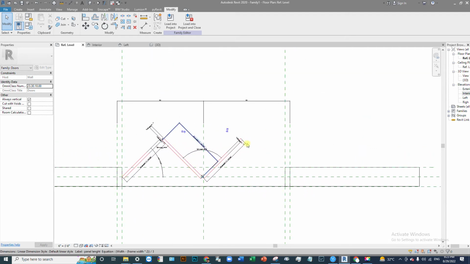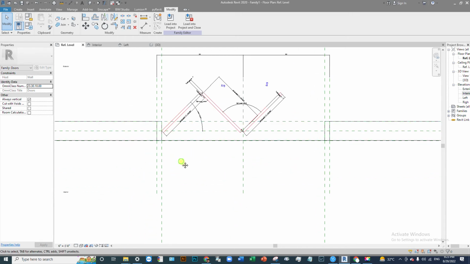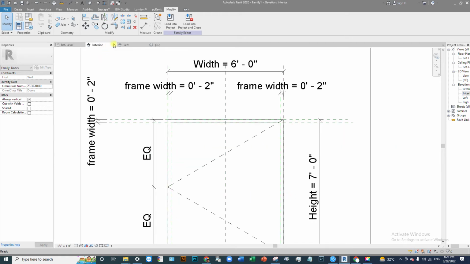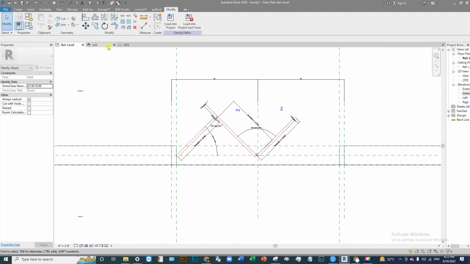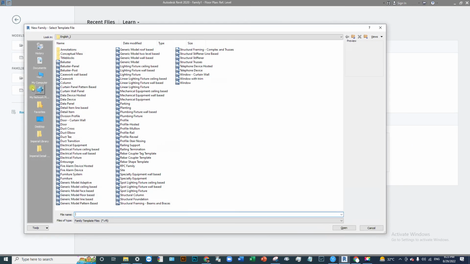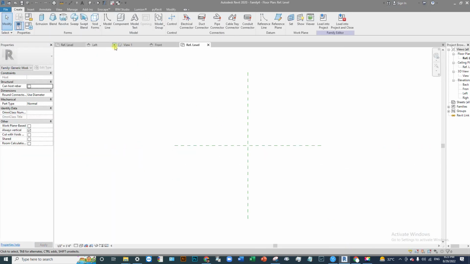We also create a panel which is not in this file. We have to create a panel in another file, so just open another file, that is this interior elevation. Just close this tab, new, and select the generic model, open. Okay,